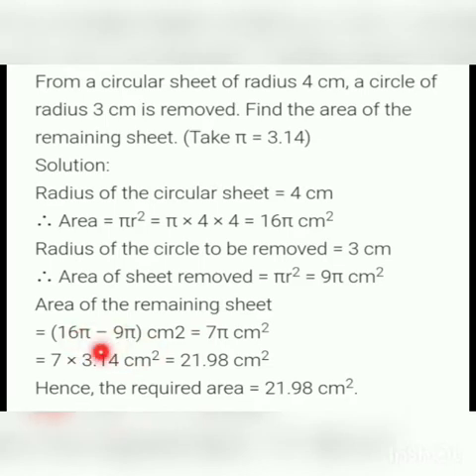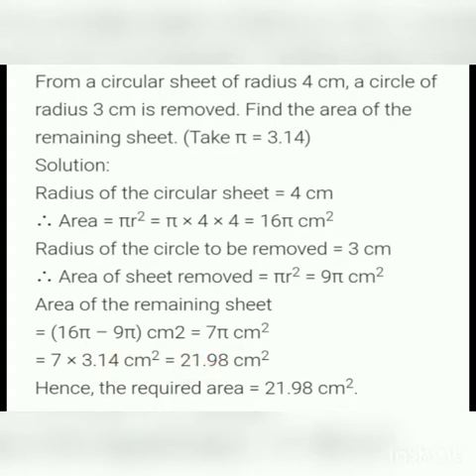So taking pi common, 16 minus 9. What is 16 minus 9? 7. Then pi. Now give the value for pi. What is the value of pi? 3.14. So 7 into 3.14, 21.98 is the